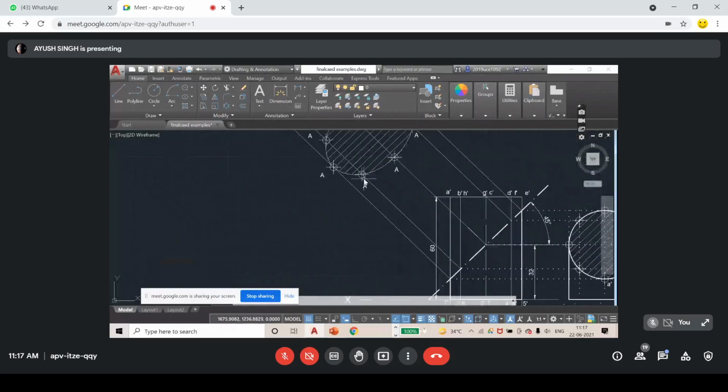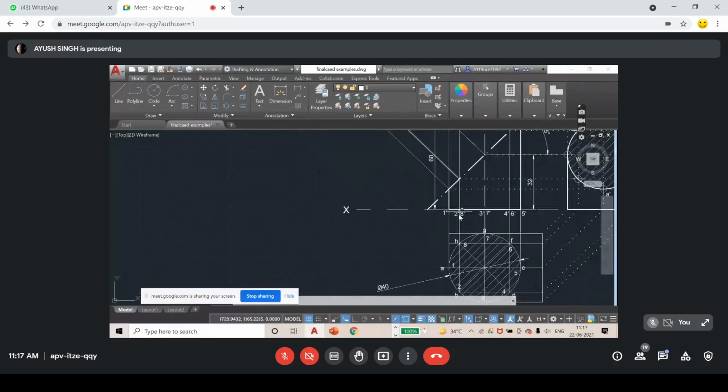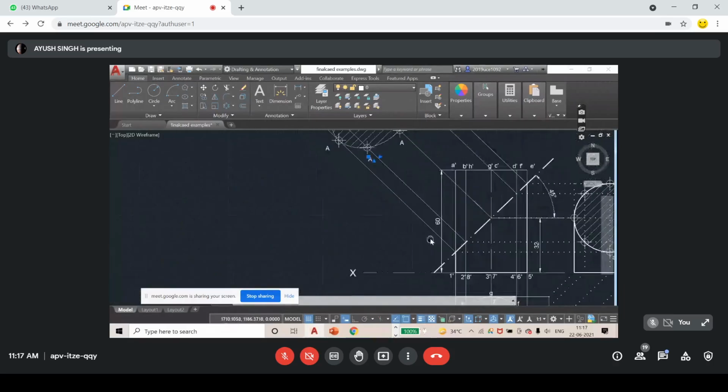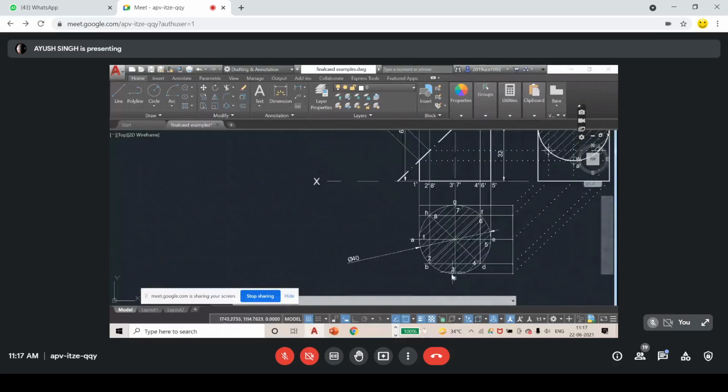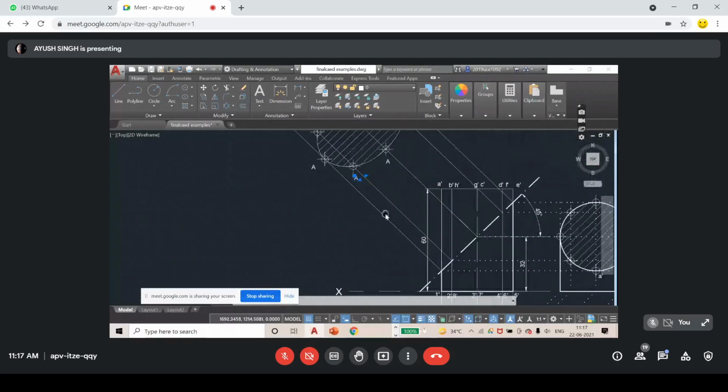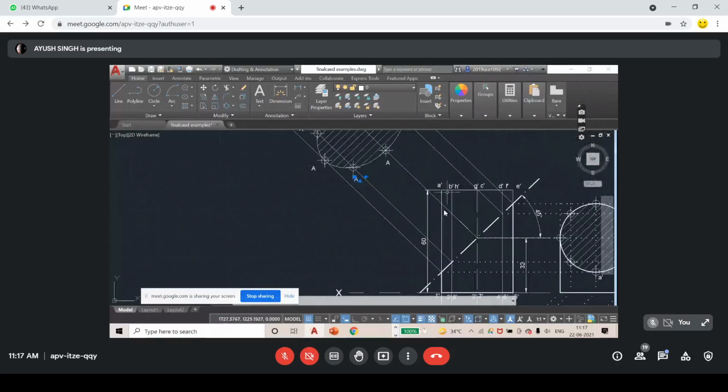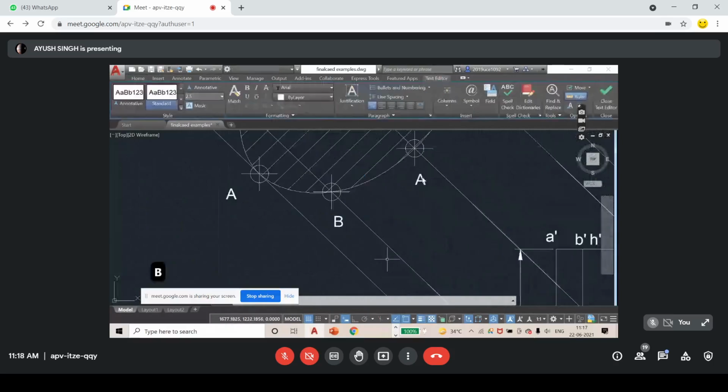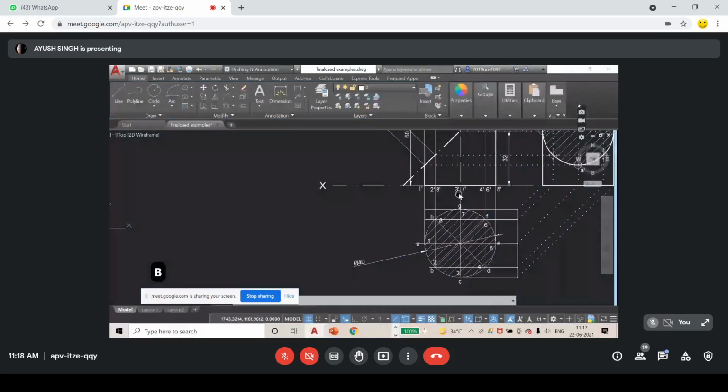So this point is actually point B. Why B? B is here and B is here. B comes first. So B, similarly this will be C, because it is like this now.